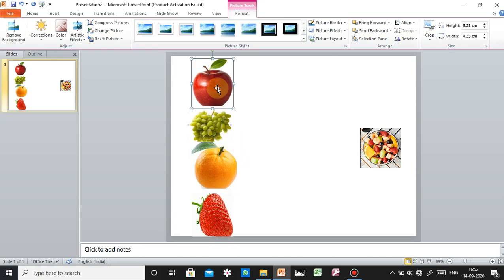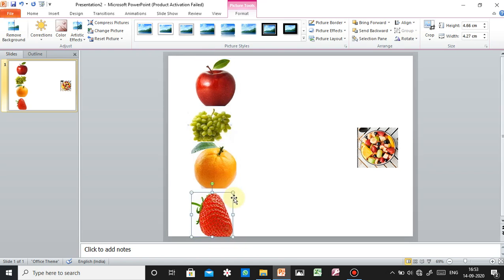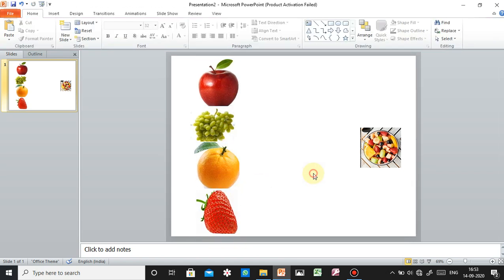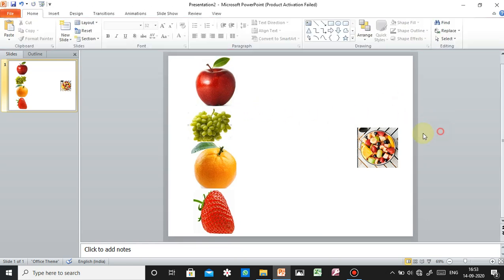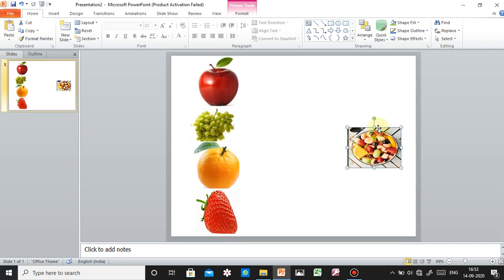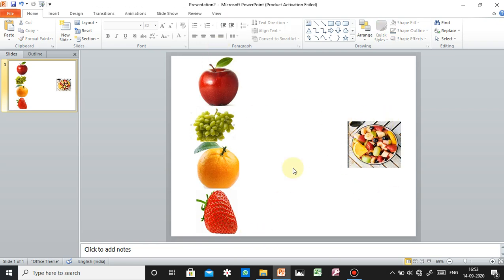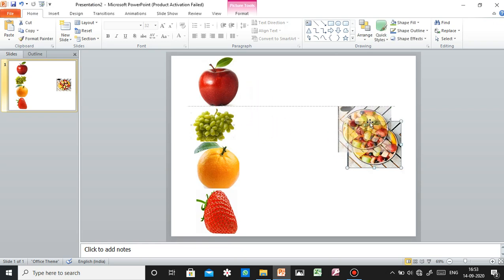I have to do a little bit here, and this thing is also here. Now what we have to do, we have to arrange. This is your fruit salad. We have to make its size a little bigger so that we can see if all fruits are available here. Some are left. I want to show you just one thing.